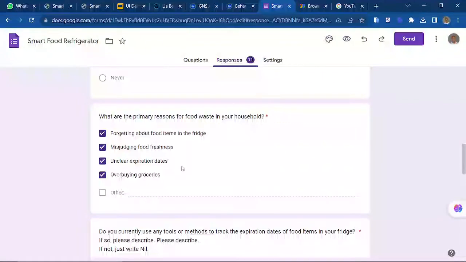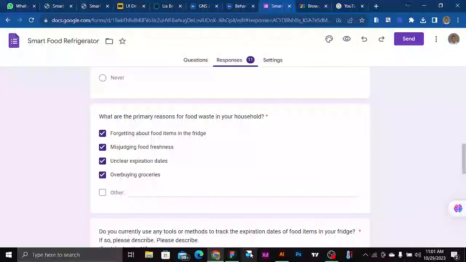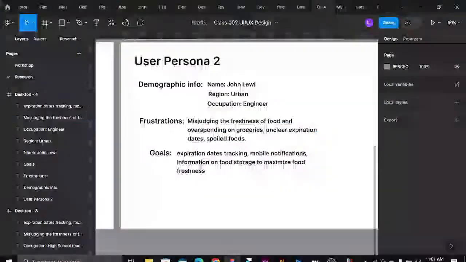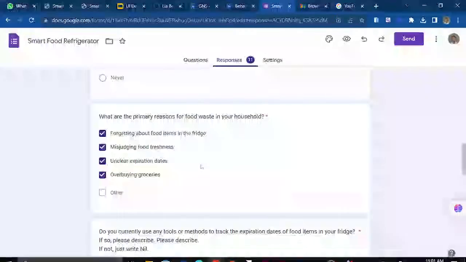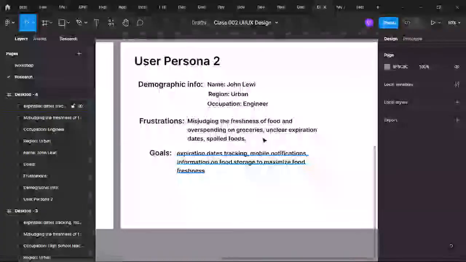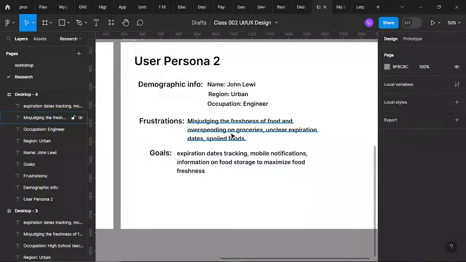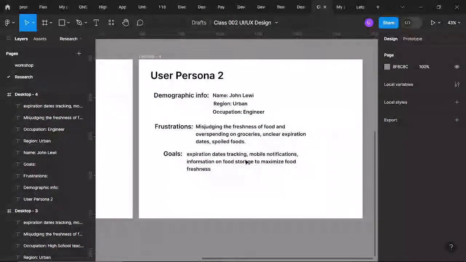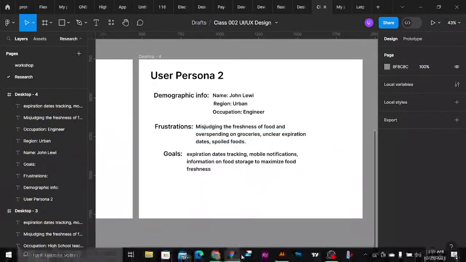So let me see. Unclear expiration date, overspending on this thing. Which one can we add? Overbuying groceries. It's even here. Overspending on groceries. So he has about cleared almost everything here, and then the expiration dates. He has everything here. Let me see what we can add.